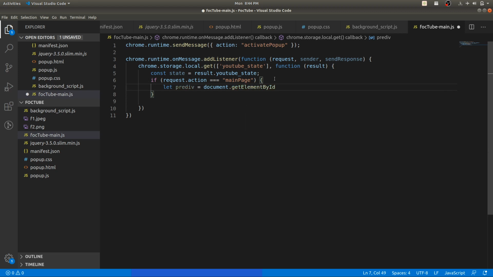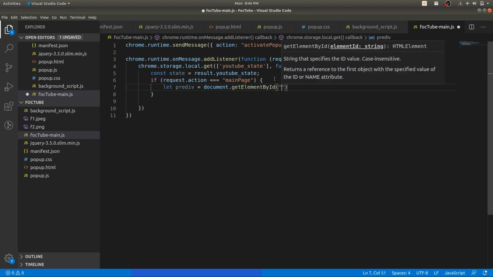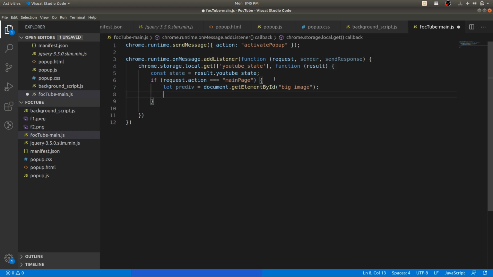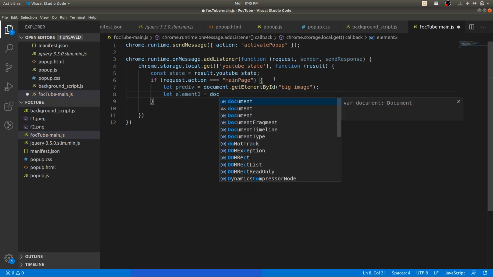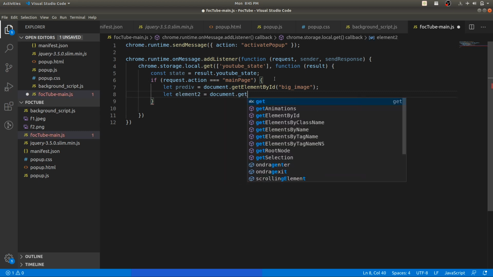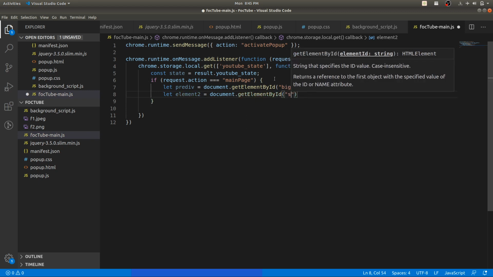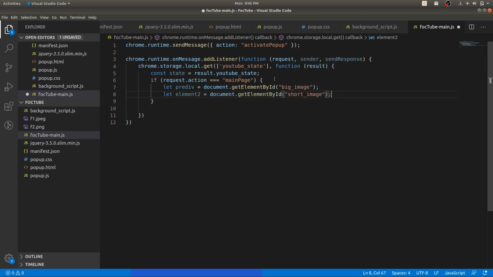We will first check whether the div that we will be creating to display other images and hide the previous section exists or not. So document.getElementById big image, the image that you saw on the front page, we have given the id big image.